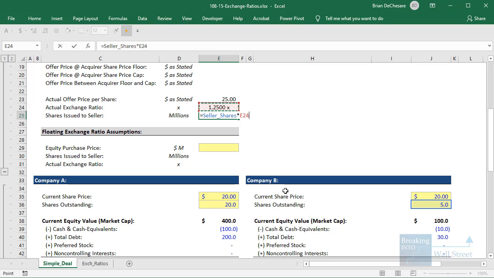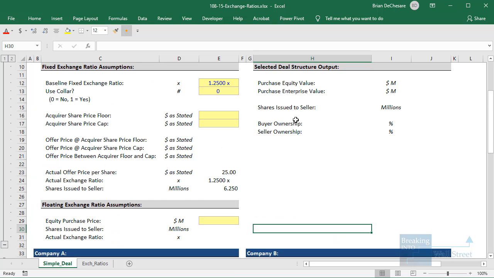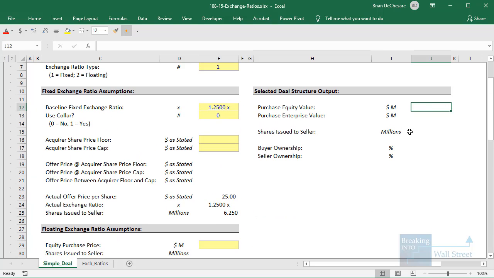Because remember, for each one of the seller's shares, they're going to get 1.25 of the buyer's shares. Therefore, to complete this deal, we have to issue 6.25 million shares to the seller's shareholders. And then if we just continue this and I enter some more information here, if we look at the purchase